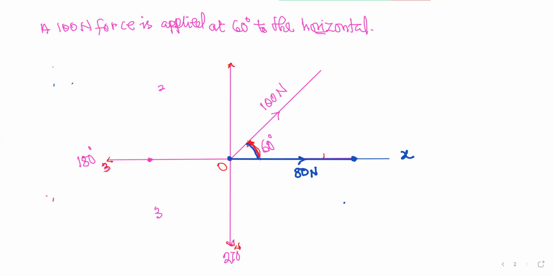Okay, so a resultant force is defined as a single force whose effect is equal to the combined effect of a number of forces in all directions. Listen to it again. A resultant force is a single force whose effect is equal to the combined effect of a number of forces